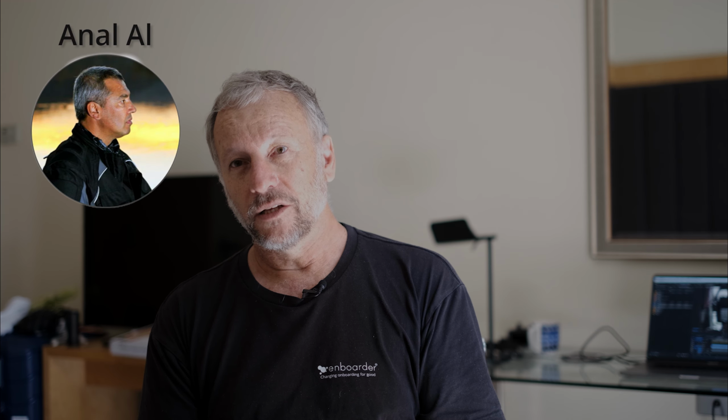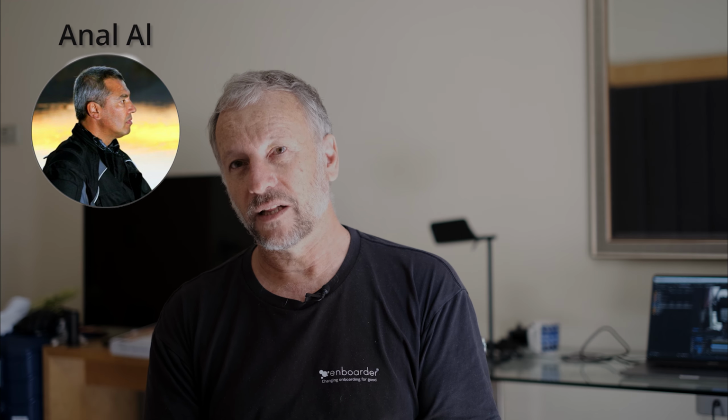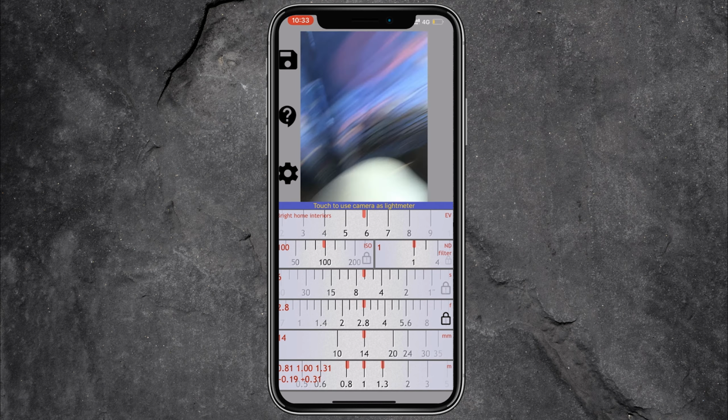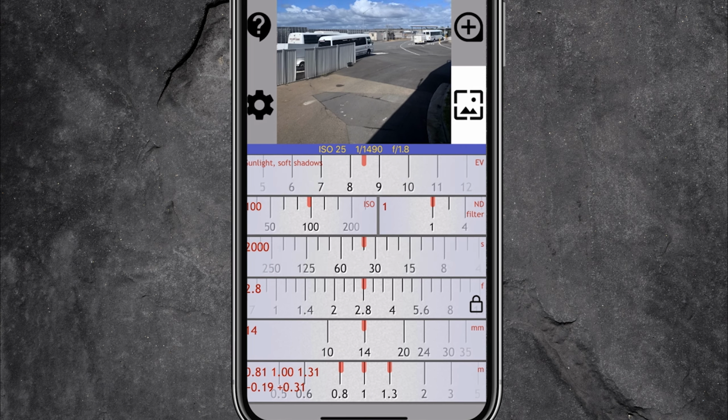Now, if you're like me and you're anal, I like to precisely measure the light and choose exactly the right filter. And so I found a nice little iPhone app for that. I don't know if it's on the Android, but I'm sure there's something equivalent to it. And let me show you how that works. So on the iPhone, the app is called Photo Friend, and I believe it's free. Now, when you first launch it, it does look kind of intimidating and complex, but it really isn't, and I'll